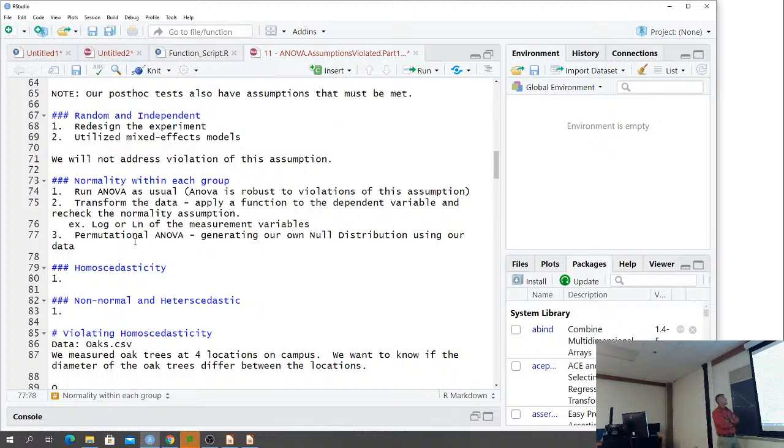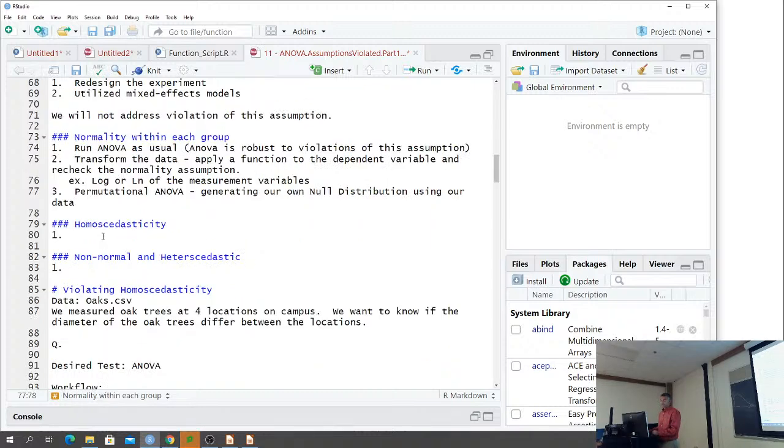So, this is why if we're close enough, I could run regular ANOVA, but if I want to be extra cautious, we can run a permutational ANOVA. Computing power is good enough to where we can run this very, very efficiently. That's if we violate normality within each group. If we violate homoscedasticity,